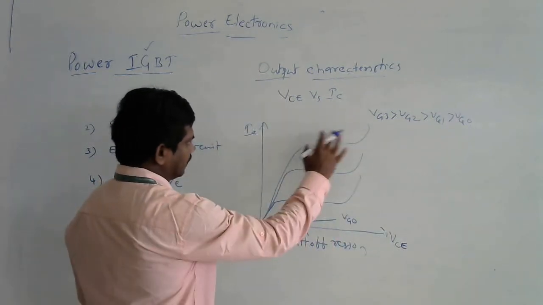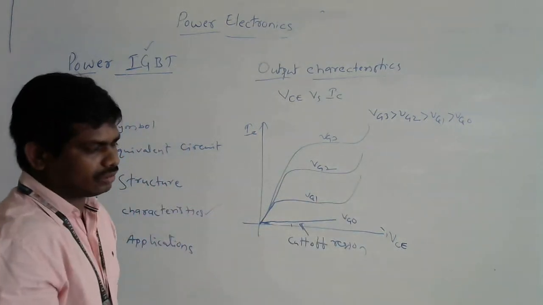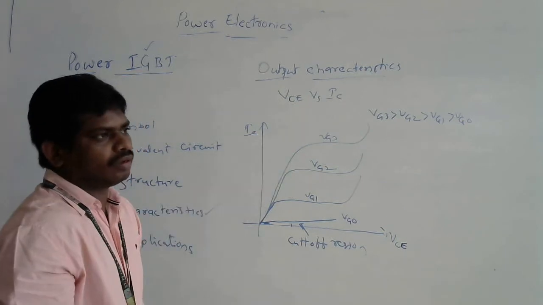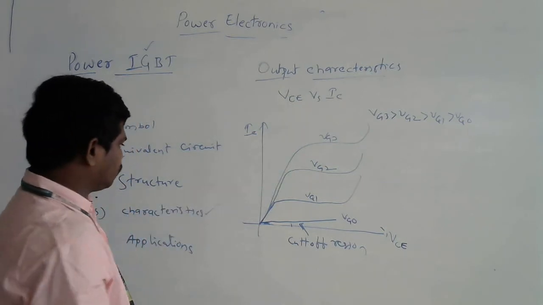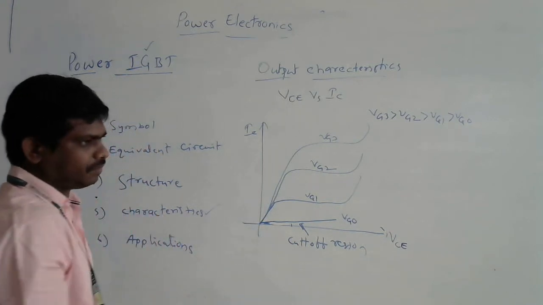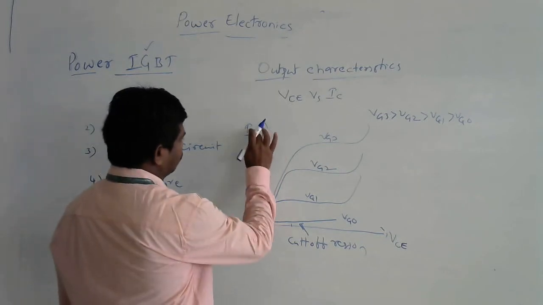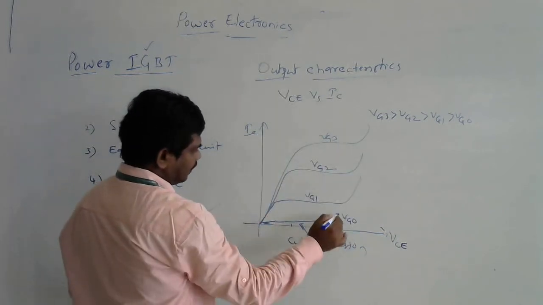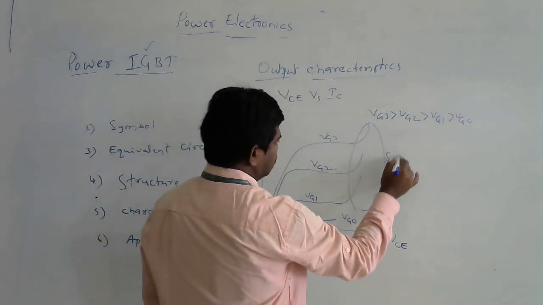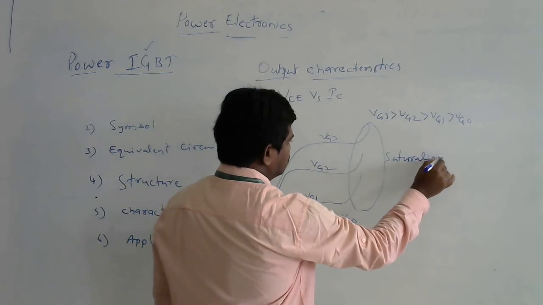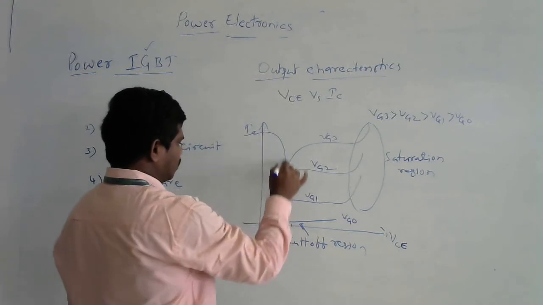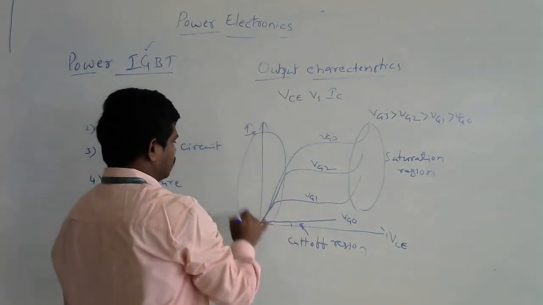Whenever you increase the voltage across the gate-emitter terminals, there is a chance to produce more current. It makes the channel form as early as possible and allows the current to flow, and you can see these characteristics. So this portion is called the saturation region. There are 4 regions, and this portion of the characteristics is called the ohmic region.